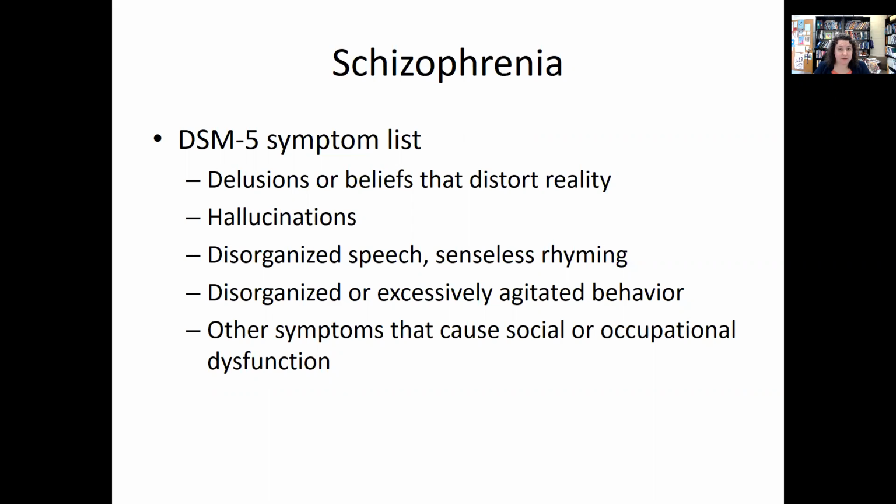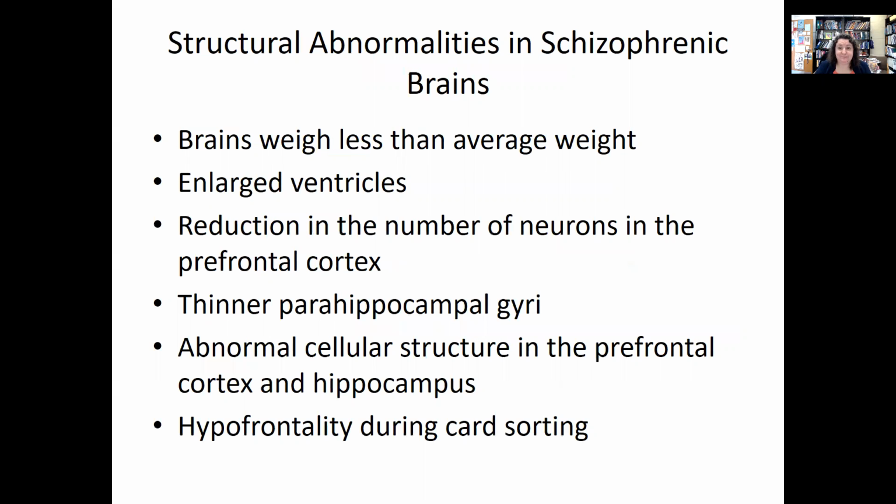Disorganized speech, lots of different ways this can go. You can be tangential. You can, as they mentioned here, have senseless rhyming. We call that clang association. You can only repeat what people say, and sometimes you can't talk at all. And disorganized or agitated behavior is also a component here as well. So sometimes they'll just be really on edge, jittery. Other times they'll hold these odd poses and they're almost like a wax figure. You can mold them. Very odd. There are also other symptoms the person can experience.